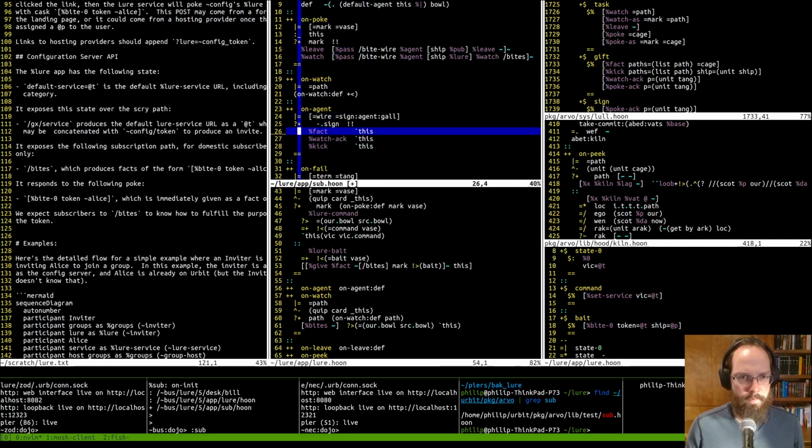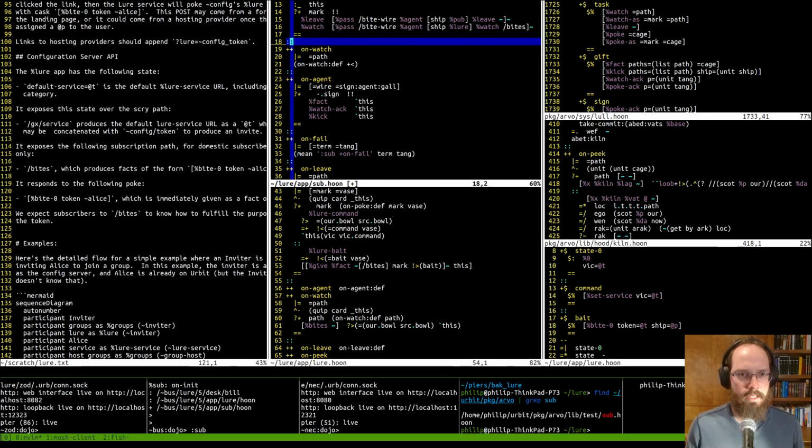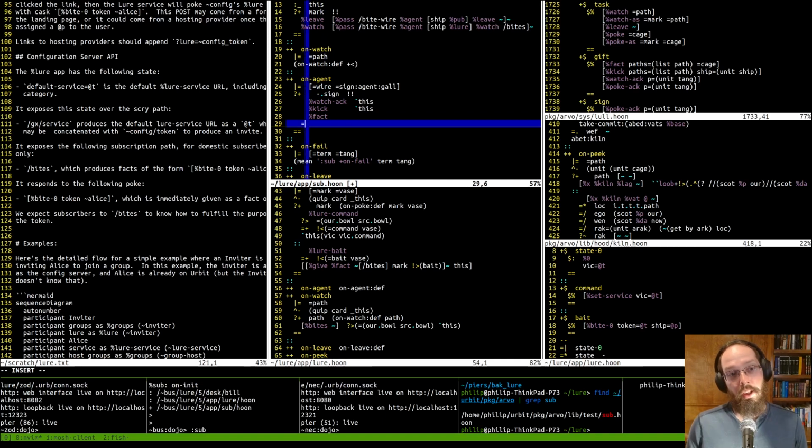Basically, you can use verb to get a lot of this information. Verb starts out on by default, great. Then the only thing I want to do is print out, if I get a fact, I want to respond to that specifically. So, in the case that it's a fact,